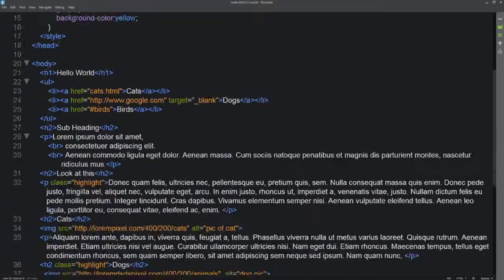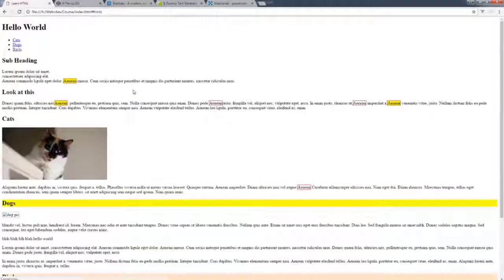What spans do is they allow us to actually break up our HTML content without adding any additional formatting. So let's say, for instance, yellow. Let's take a look and see what this looks like now. We see that all of the spans get the border around it because it's just selecting that styling on that particular class. But the interesting thing here is that we're able to highlight different pieces of content